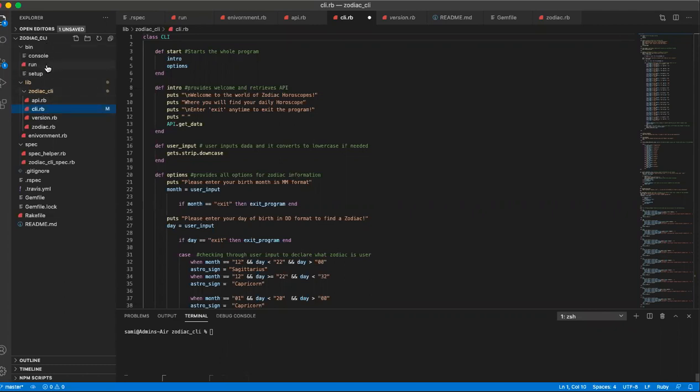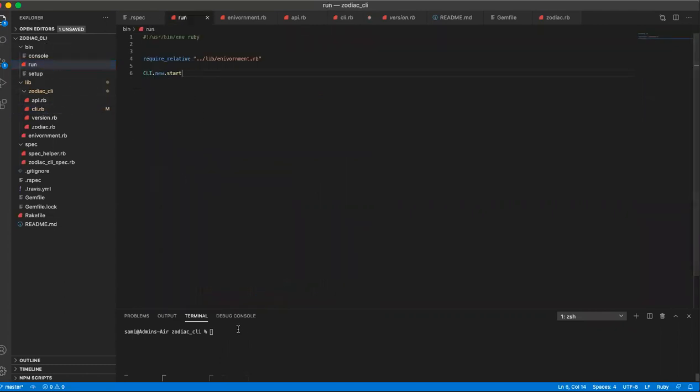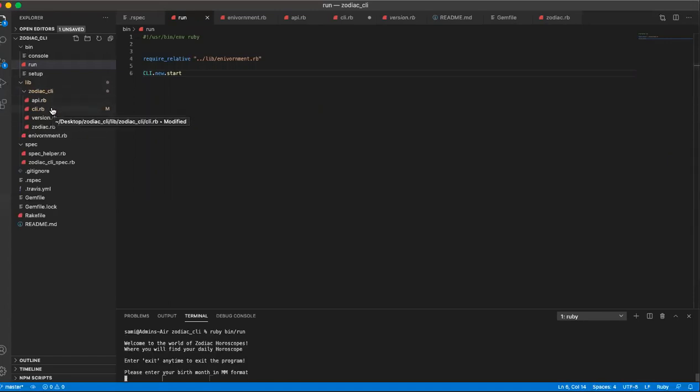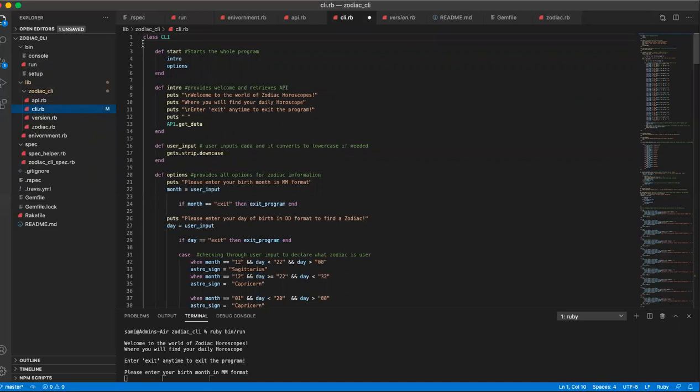So we're going to run this program as a new program. We are going to run ruby bin/run. This is going to start our CLI. This will jumpstart our CLI class. It will start our define method here, and it will jump right into intro, where it will explain